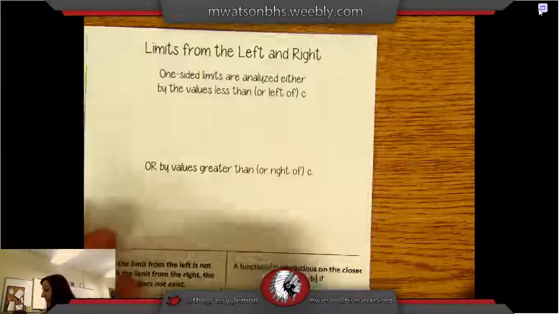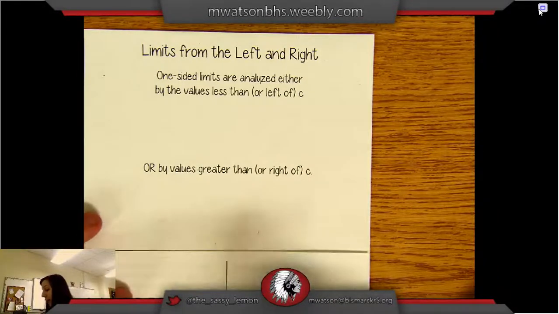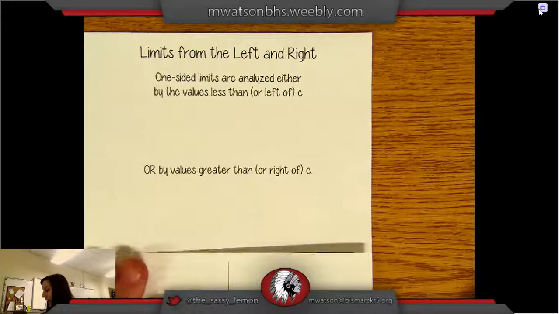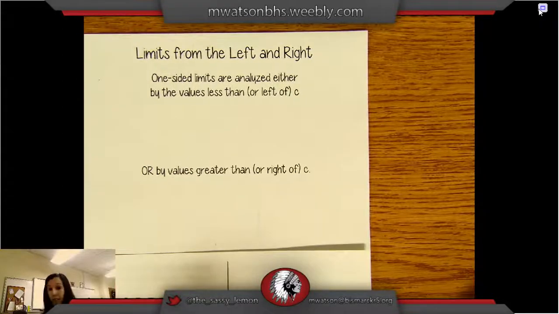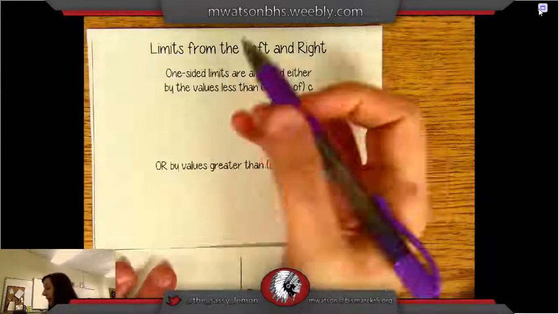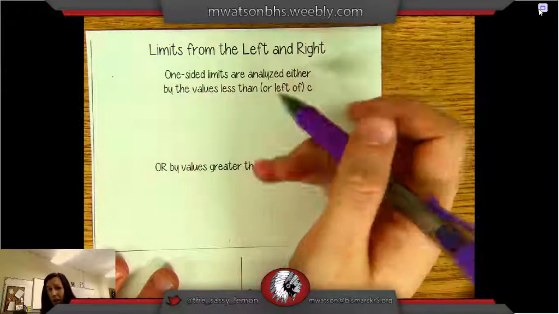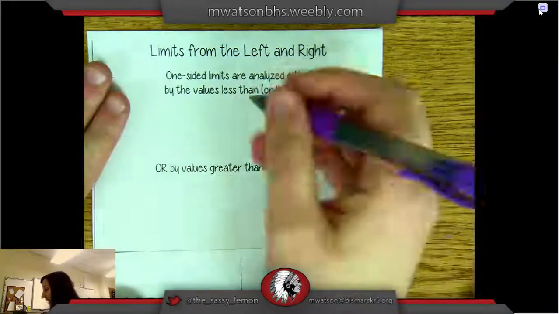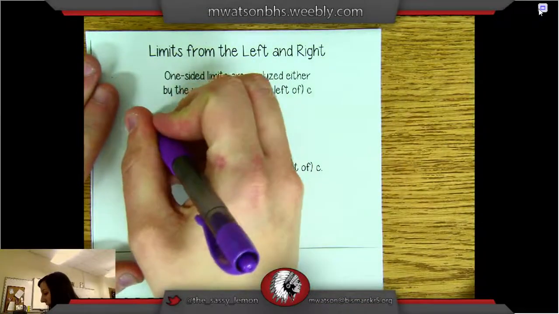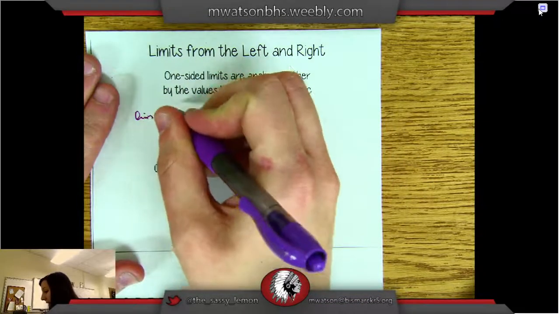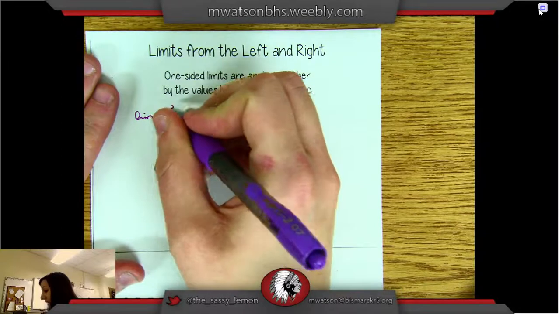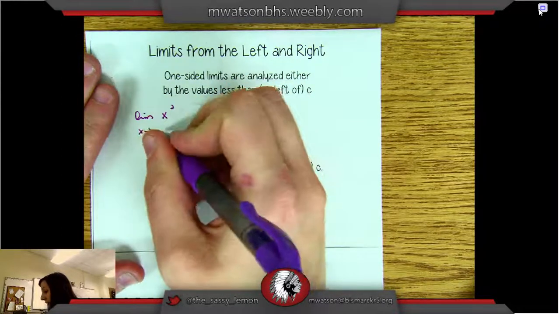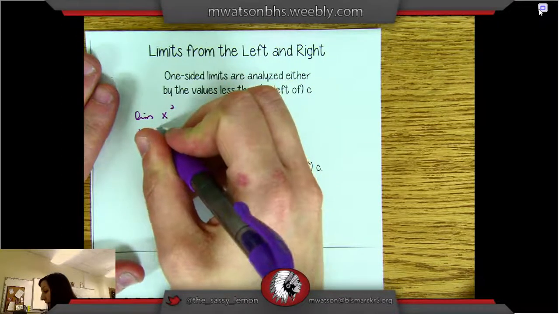Alright, so in this lesson we're learning about limits from the left and the right, and this lesson is not hard, okay? One-sided limits are just like limits except you look at something from the left or the right. So for example, say we want to analyze the limit of x squared as x approaches 0 from the negative